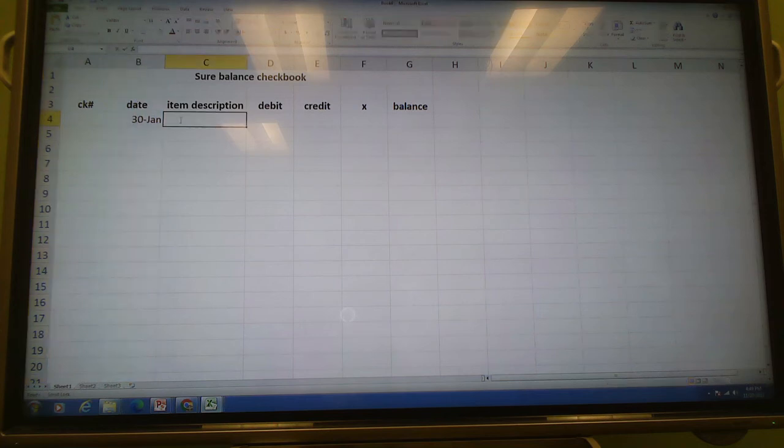And the item description in the first one is going to be January paycheck. And also I want to center that. I have to click out of the cell in order to do that. And what happens if I write the whole thing out? Is that still going to be enough space? It will, but some of the descriptions are going to be longer,